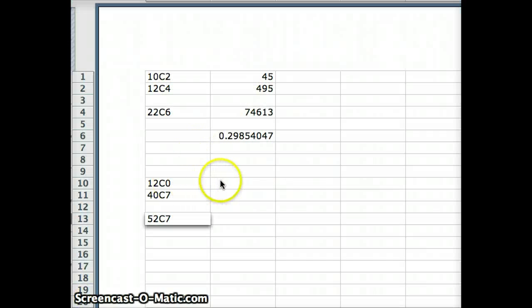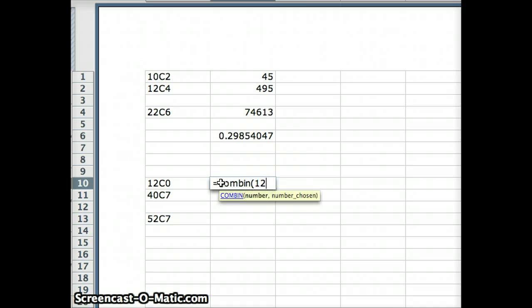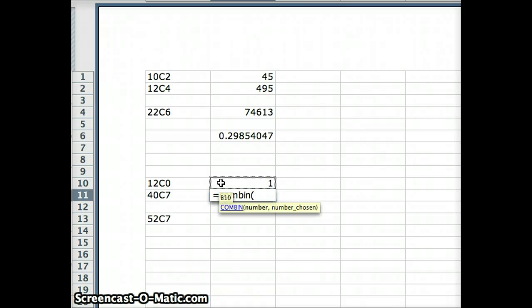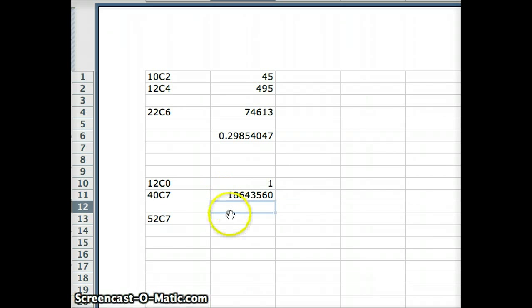So in our first instance, we have 12 choose 0. Of course, 12 face cards, we don't want any. So equals combin 12, comma 0, which is just 1. 40 choose 7 equals combin 40, comma 7, and we get a very large number. 52 choose 7 will be even larger,